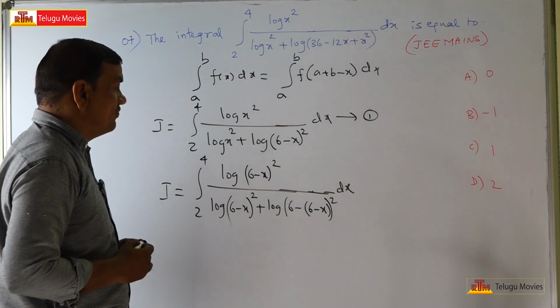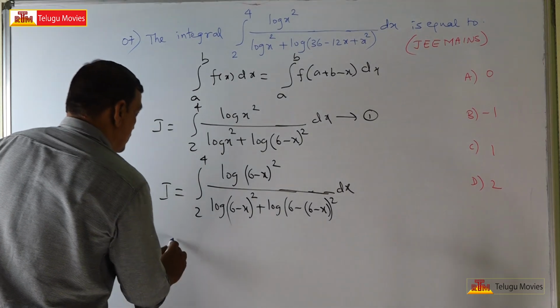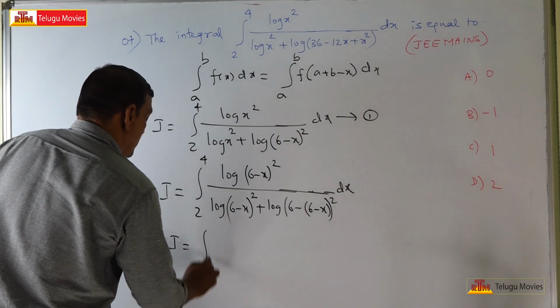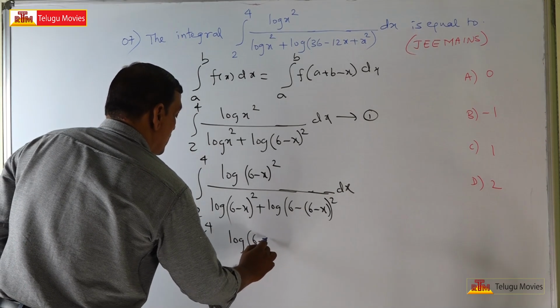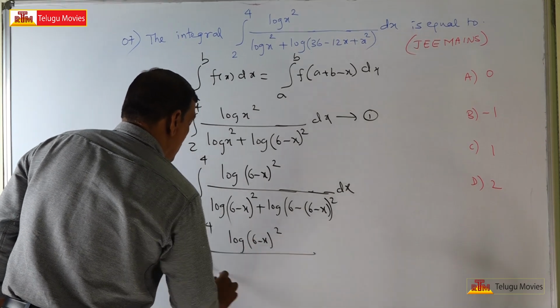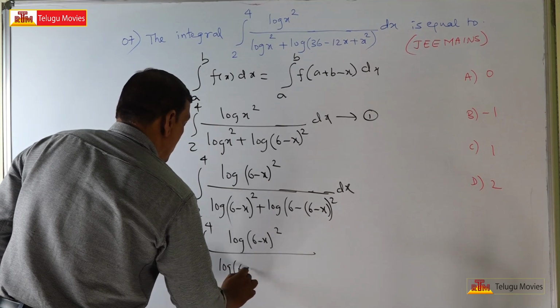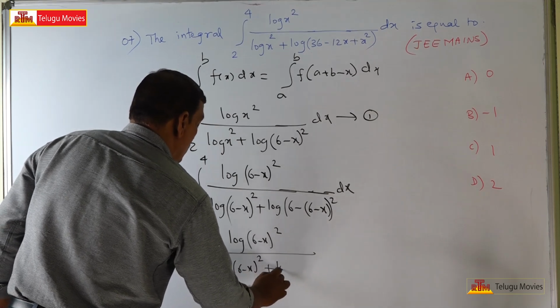So I will simplify this. So I is equal to the integral from 2 to 4 of log of (6 minus x) whole square upon log of (6 minus x) whole square plus log of